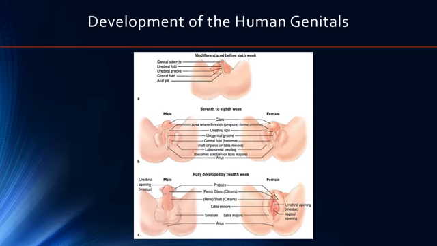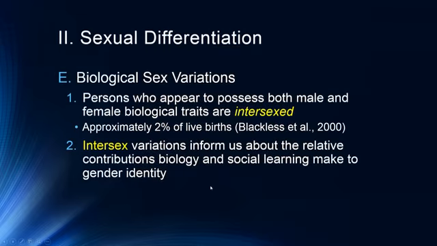So in the human, in the 7th to 8th week of pregnancy, we start to get formation of the external genitalia. You can see here the same tissue will become either the shaft of the penis or the labia minora. We have a urogenital groove and urethral fold, which is part of the development of the urethra. Then we get foreskin in the males and the prepuce in the female, and the glans then develops into the clitoris and the penis later on in the 12th week.